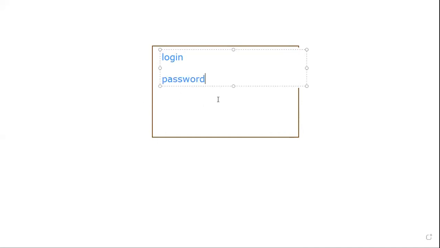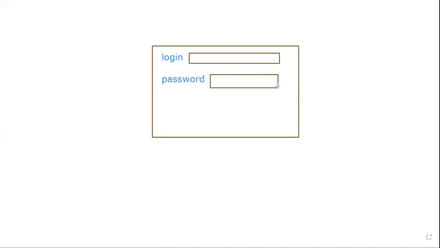For the login, we are using an input representation as a text area, and for the password also. And this is OK, and this is exit or cancel.